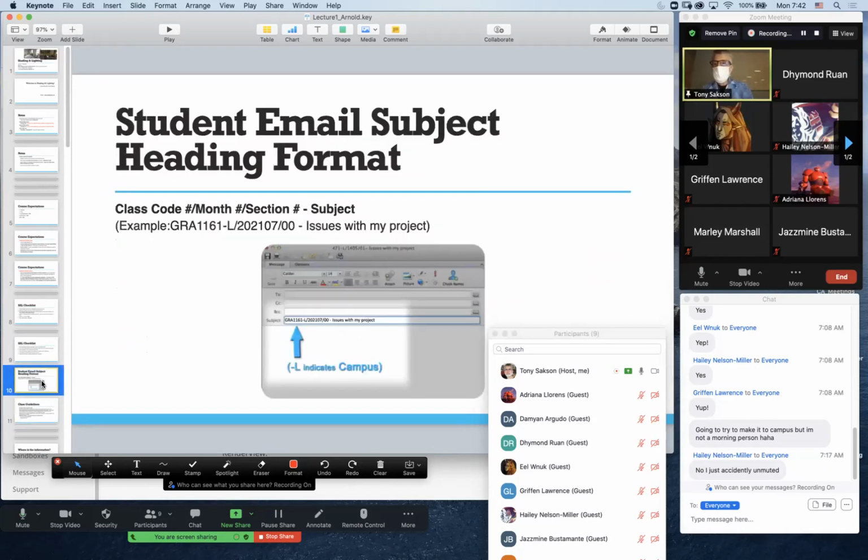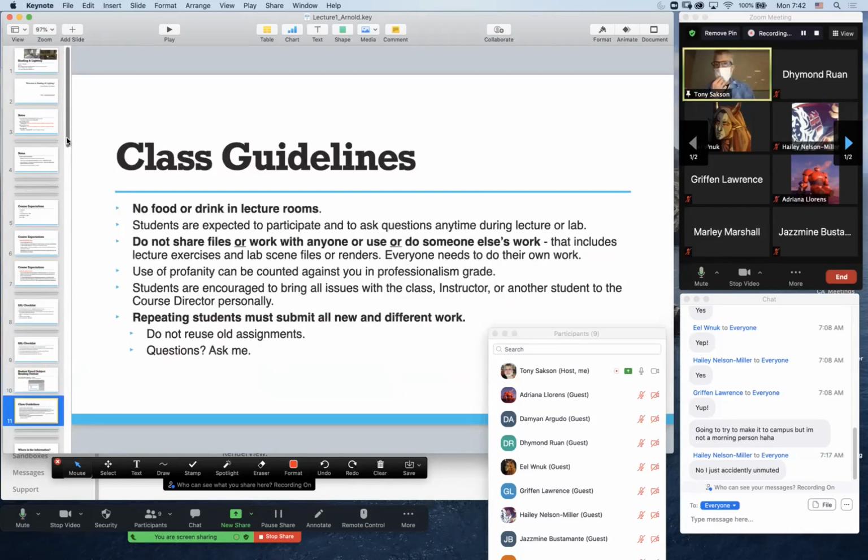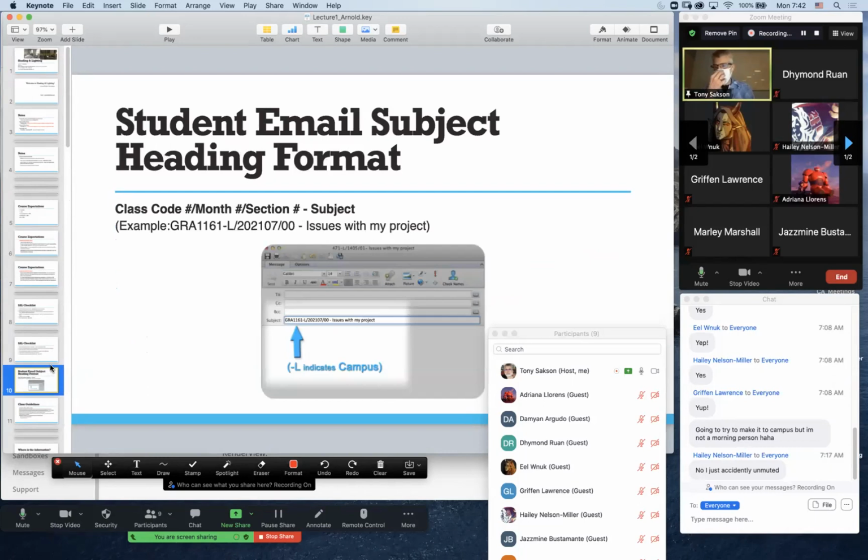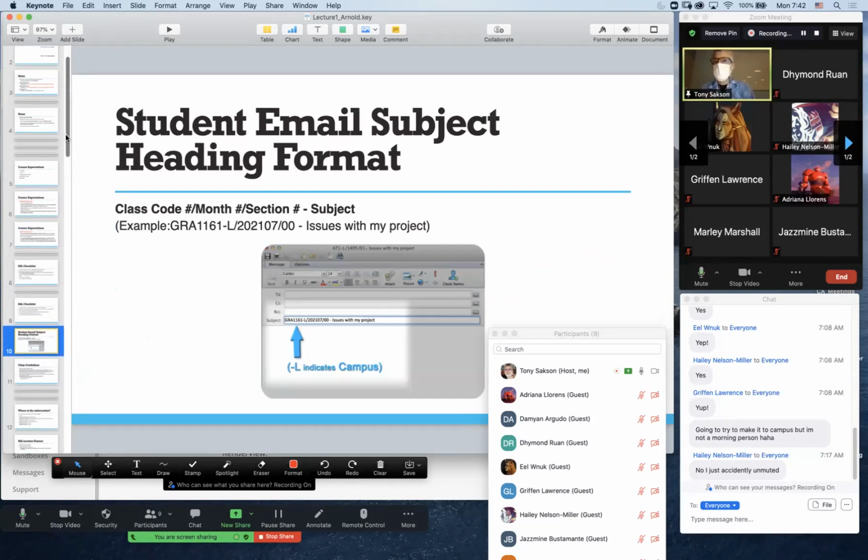This one? Yep. I believe that's also in the bottom of the policy activity too, this information. So,